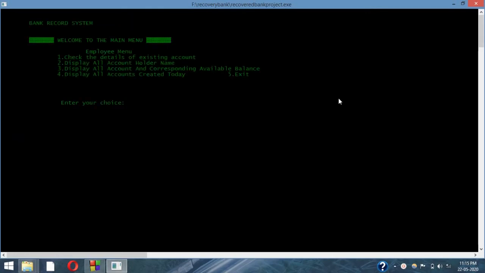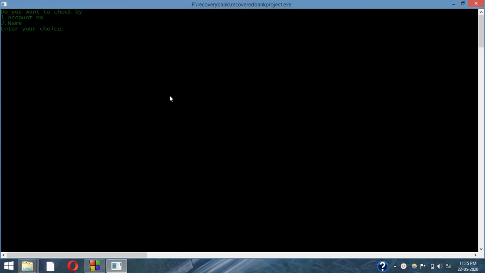Password is 4. And now inside the employee menu we have the following functions. First is to check the details of the existing account. So we can check the details of the existing account by the account number and name. So I am checking by the account number.